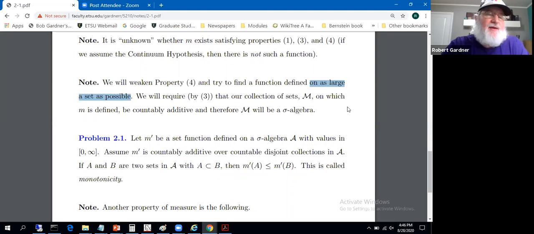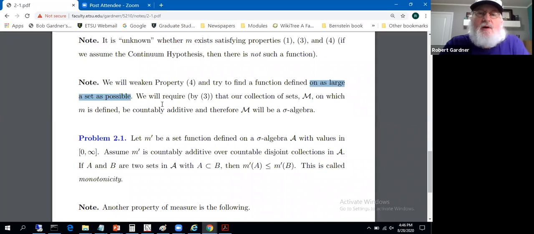Exotic set theoretic arguments to establish that there's a non-measurable set. And we'll do this around the end of chapter 2. There's a section titled non-measurable sets. I think it's chapter 2. But we'll go through that. It requires the axiom of choice. So that's the exotic set theoretic arguments that are needed.